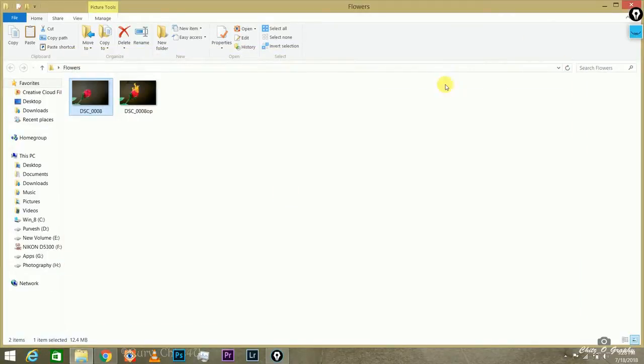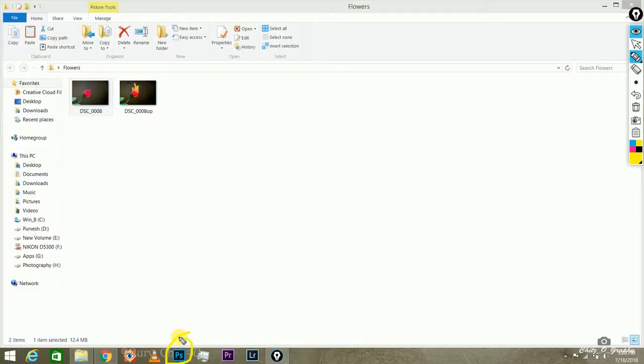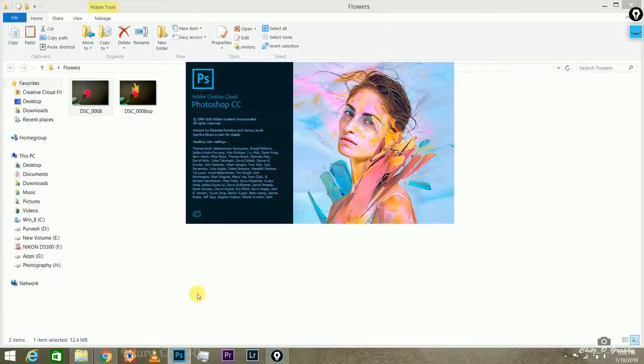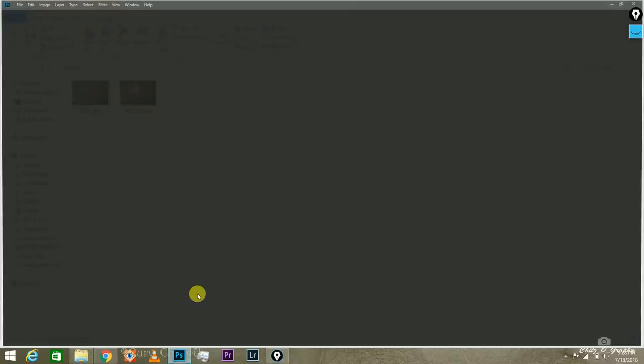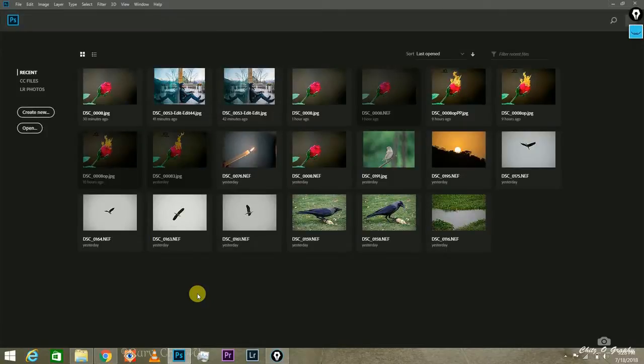Now just open your Photoshop CC. First, import your image.